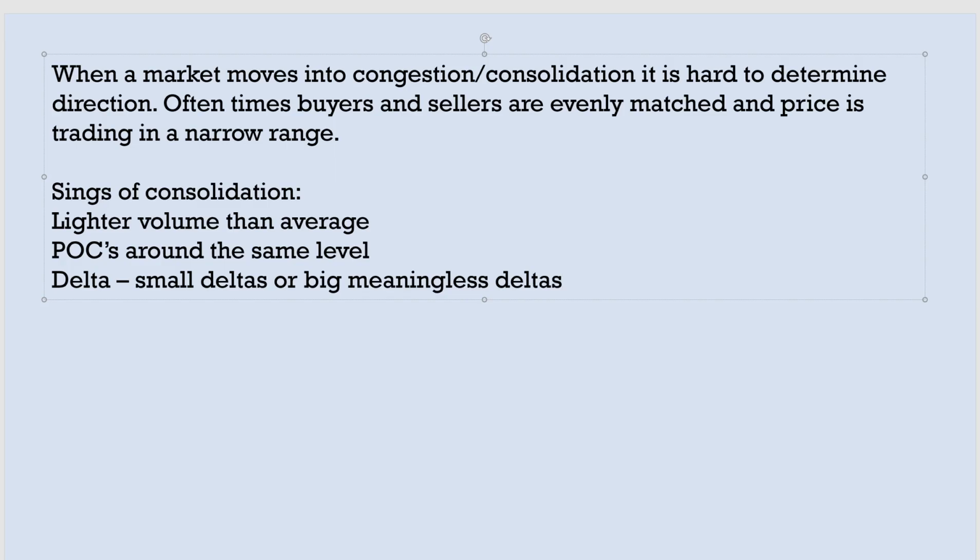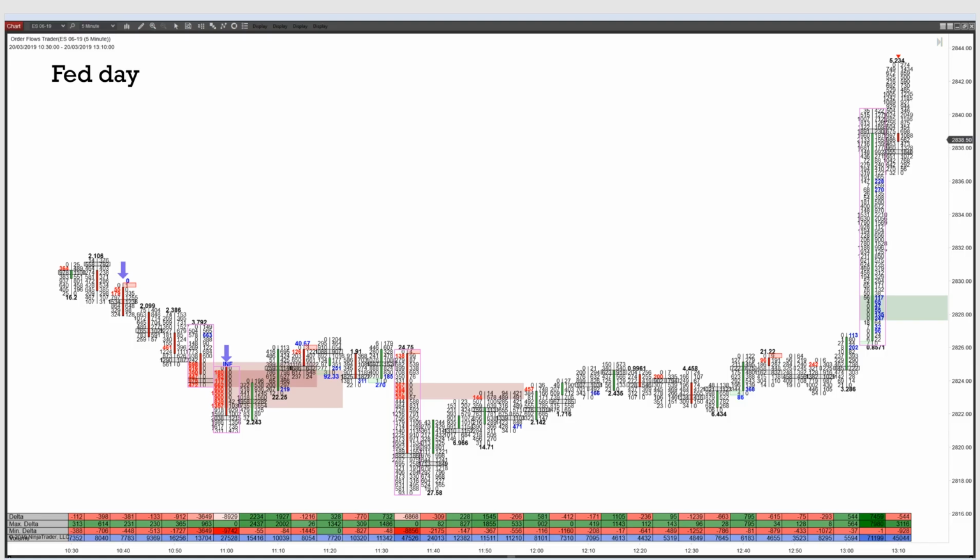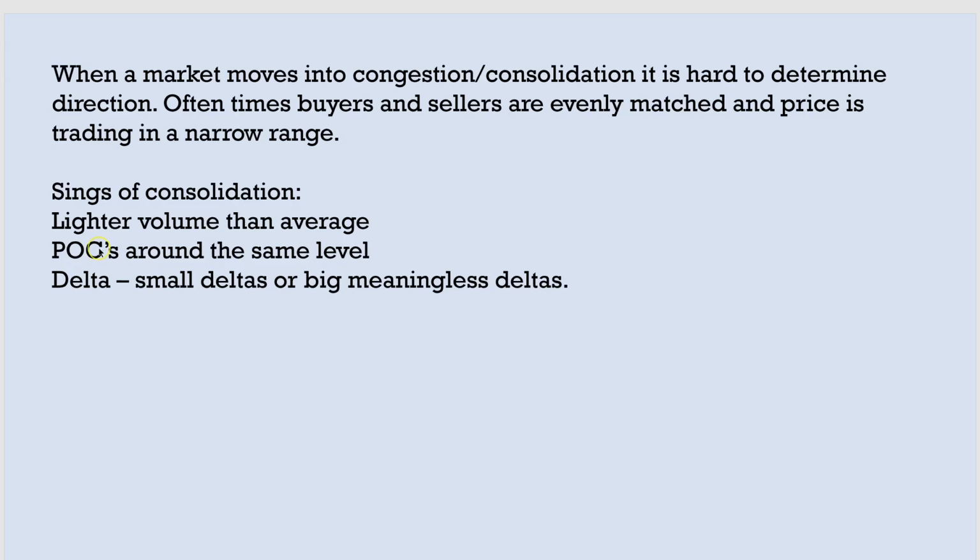Now what I mean by big meaningless deltas is you got the big deltas, right? 1,000, but then it comes back with small deltas, minus 1,000. The market's not going anywhere. You should have some sort of movement after that fact. And if you don't get that, that's a sign of consolidation. So these three here are big meaningless deltas with little to no follow through. I can't type. Little to no follow through.